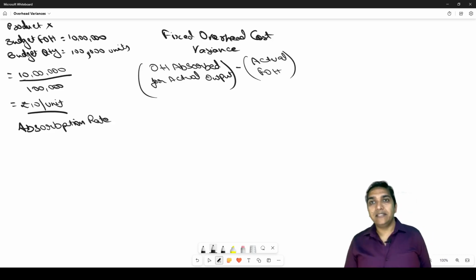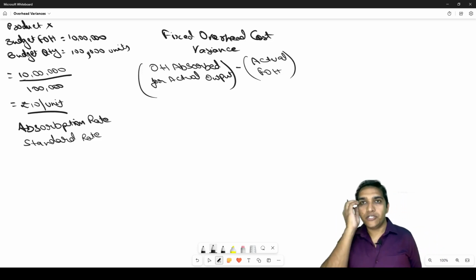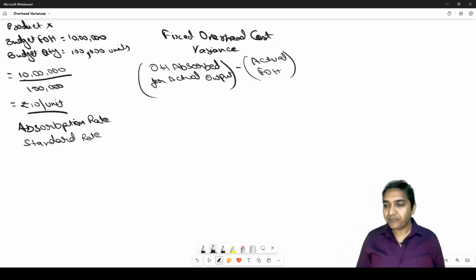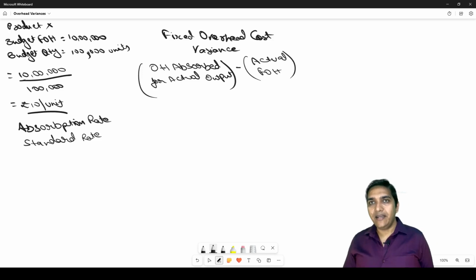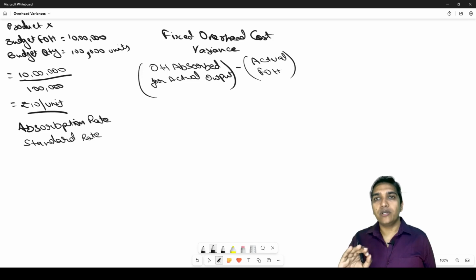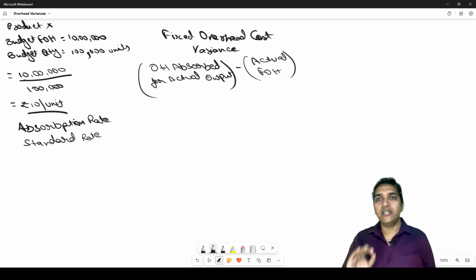This can also be considered as the standard rate. So it is as good as our standard rate. However, we call it absorption rate. In standard costing, we call it the standard rate. However, in general costing, this is more suitably called the absorption rate, right? So what is absorption rate? Absorption rate is the rate at which my fixed overhead is absorbed by per unit